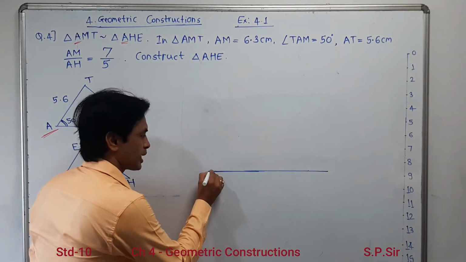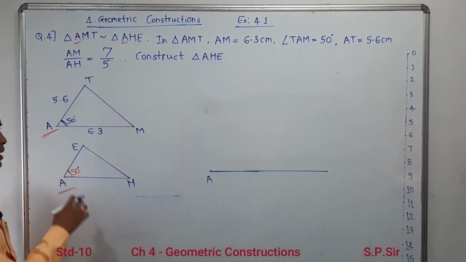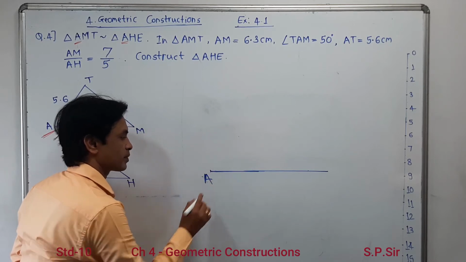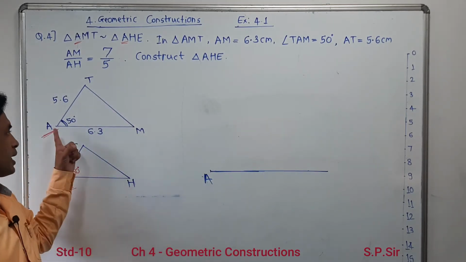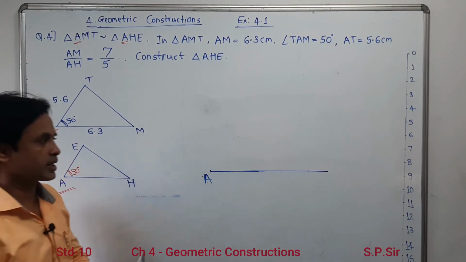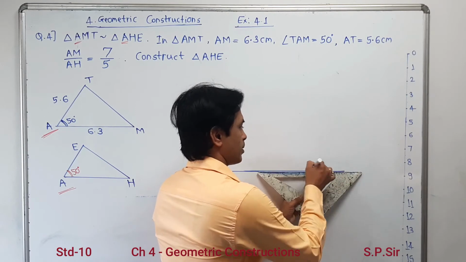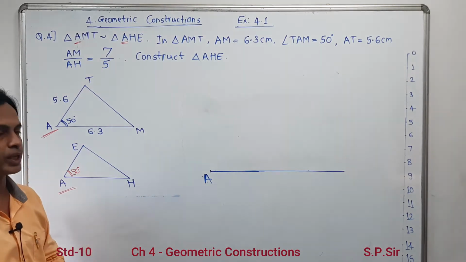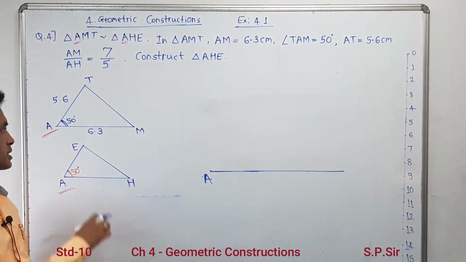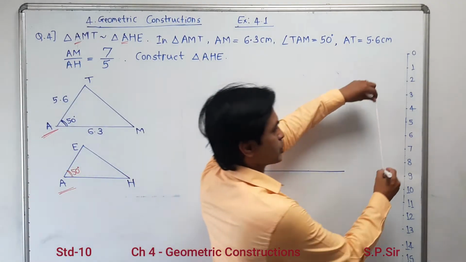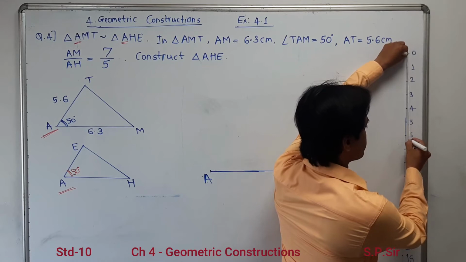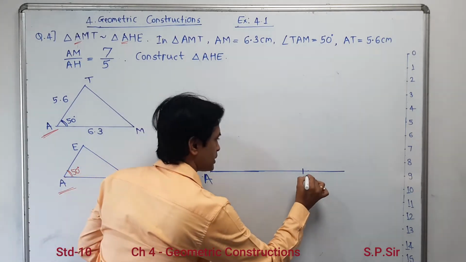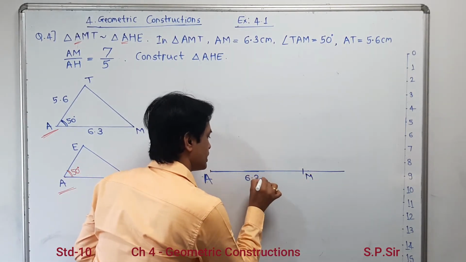So first draw a horizontal line and give any basement point the name A. Why? Because A is your generating or starting point over here. Next, moving to the part over here, A to M, that is 6.3. So you have to draw a point M over there. In this case, again I am going to take my own technique, that is the rounder method. Students, you take your rounder and properly take a distance A to M, that is 6.3. So from A to M, this evaluation becomes 6.3 centimeter.